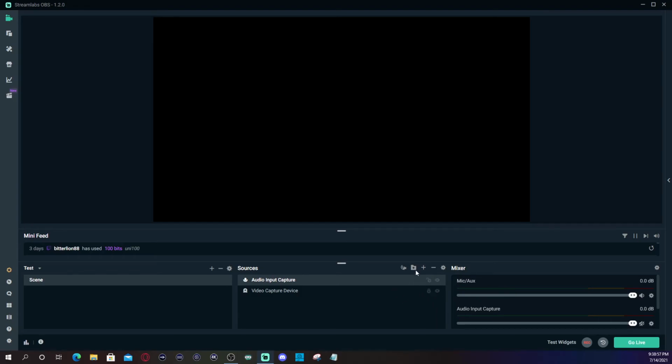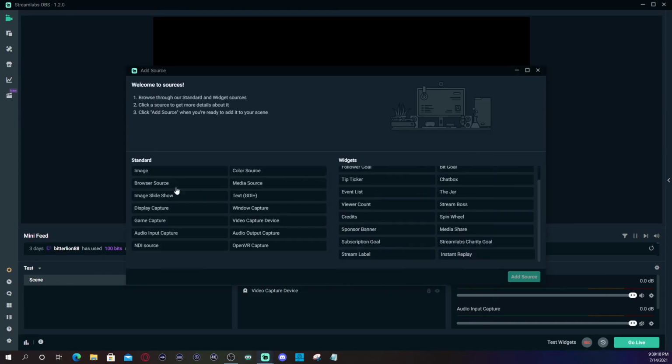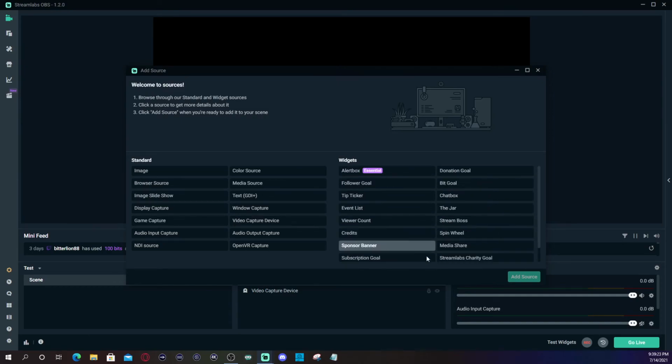So with Wavelink, as I mentioned, you want to make sure that you have your audio at 44.1. And that's pretty much it to set up just the capture card, your microphone if you're using Wavelink, and the overall setup for Streamlabs OBS and the widgets that you get to play around with. If you wanted to do the browser sources that you see on their dashboard, you can just do them all right here. If you need to do anything outside of that, for example,